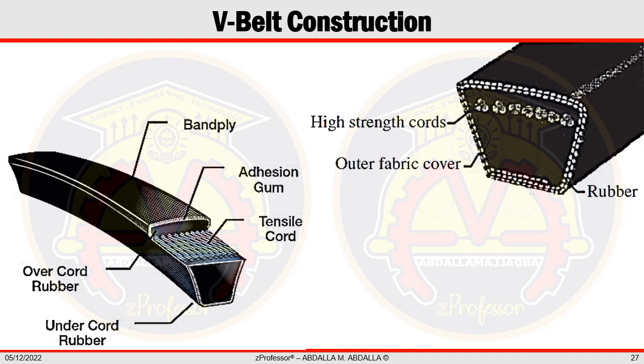A belt's high durability is provided by the outside fabric cover. In order to boost the tensile strength of belts, high-strength cords typically constructed from natural fibers, synthetic strands, or steel are positioned near the pitch line of the belt cross-section. The strong rubber compounds that these cords are embedded in provide the belt the flexibility it needs to pass around the sheave. A belt is built to satisfy certain design needs by combining several parts.